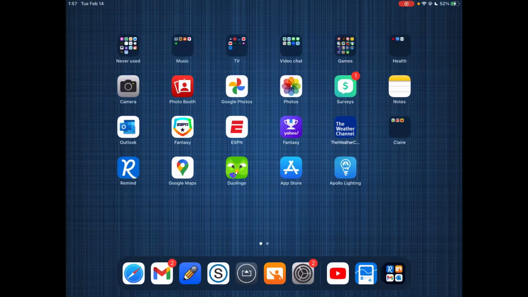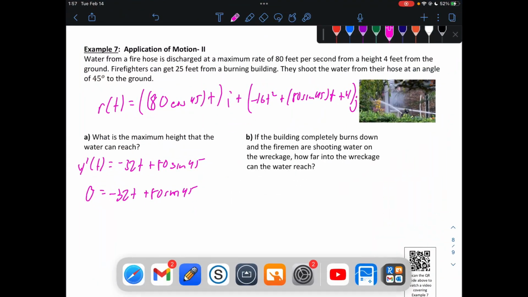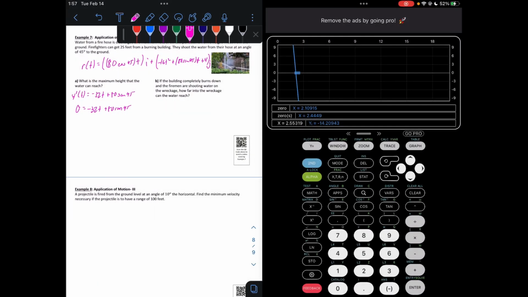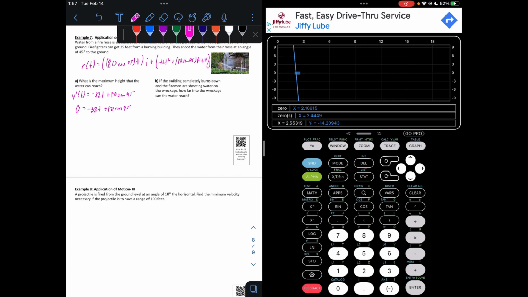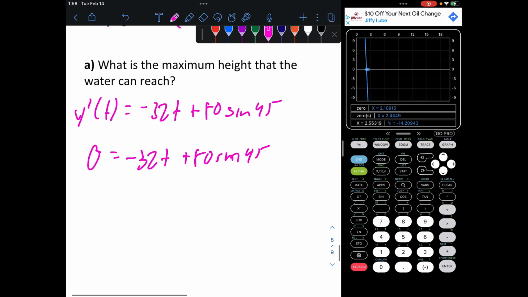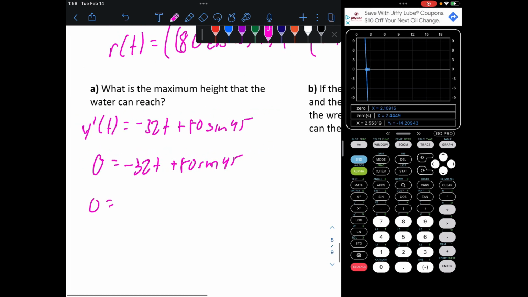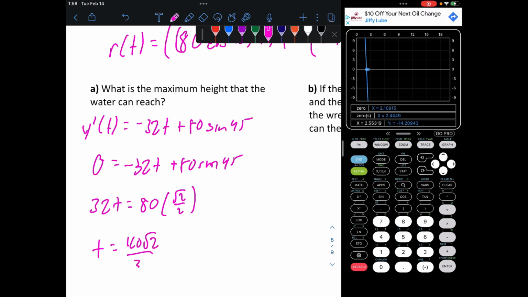And we can go ahead and solve that. Actually, we don't even need a calculator for that, do we? Let's try this without a calculator first. Negative 32t, let's go 32t equals 80 sine 45. Sine 45 is root 2 over 2. So t equals 40 root 2 over 32, or 5 root 2